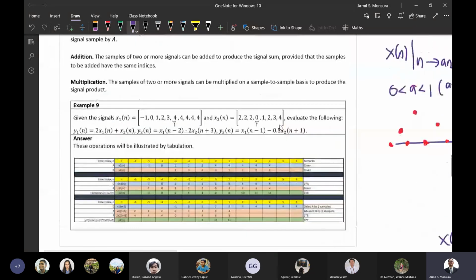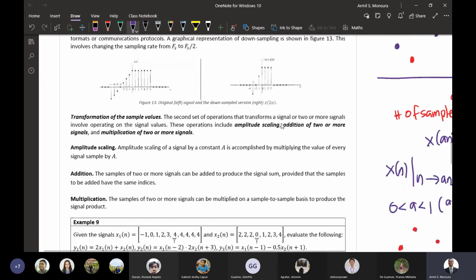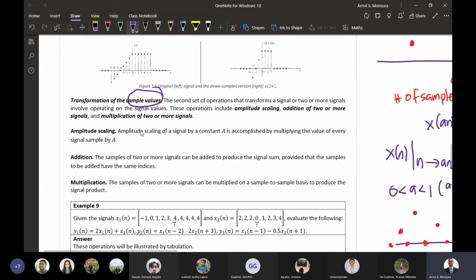Okay. Now, let's go to the second set of operations, okay? Which now would transform your sample values. Okay, doon naman tayo sa part na yung sample values naman yung itatransform natin. So the second set of operations that transforms a signal or two or more signals, okay, involve operating on the